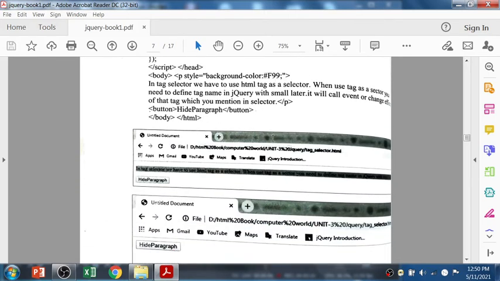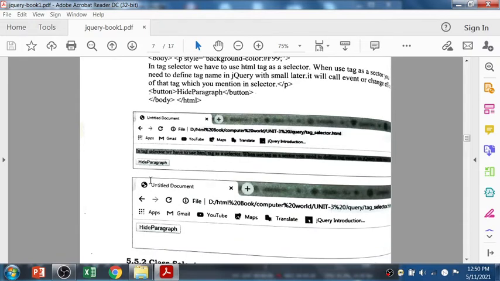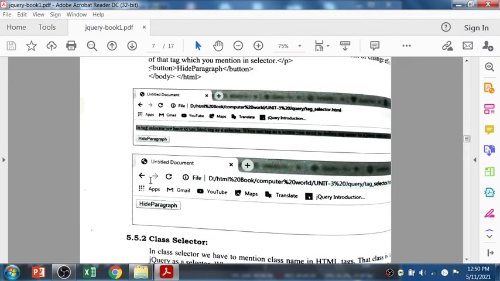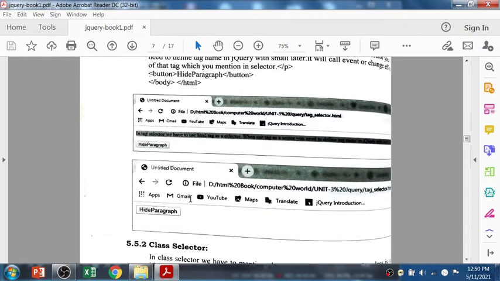See, this is the first scene. By clicking on this button, previously you had the paragraph, and after clicking on the button, there is no paragraph. Two screenshots are given in this textbook, and that will be the result of your program.